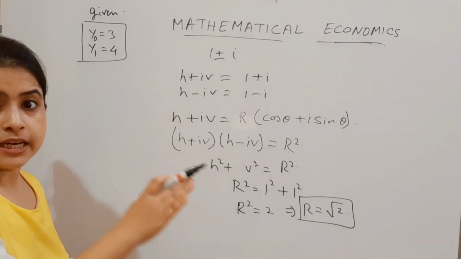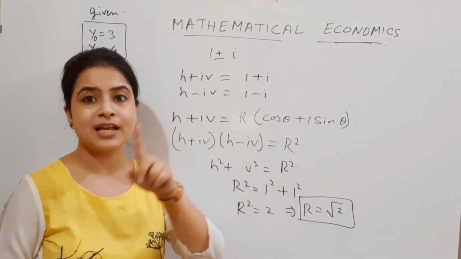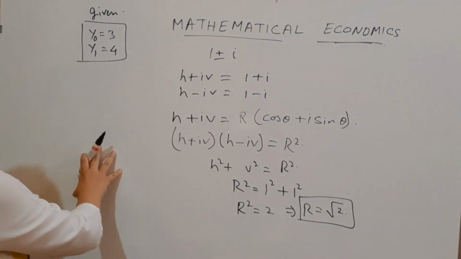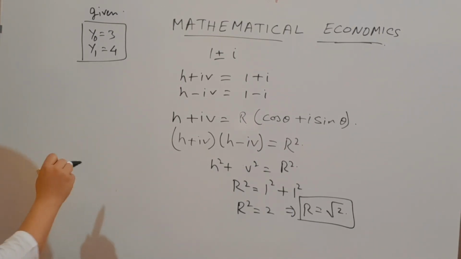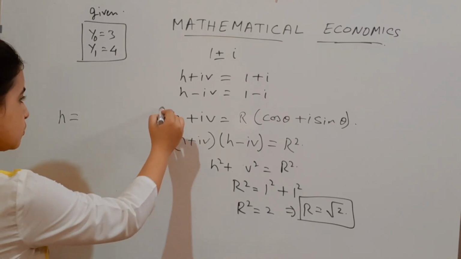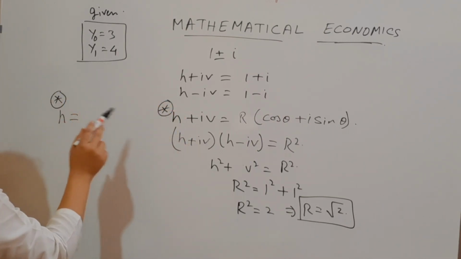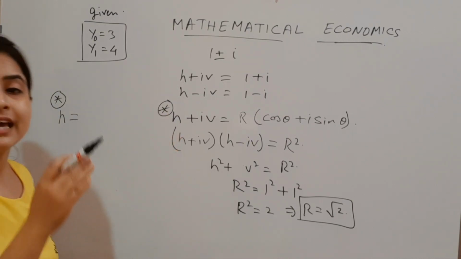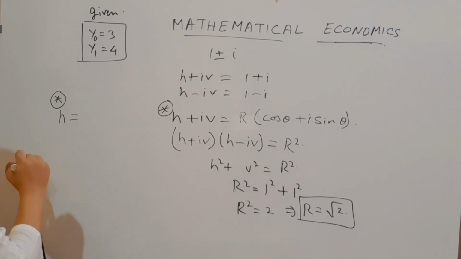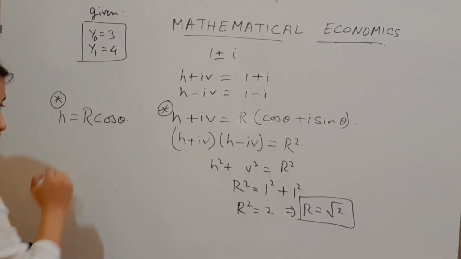Next part. I have already told you that we have to find r as well as theta. Now let's find out theta. I'm going to find it out here. I hope you can see it. Okay. So to find theta, we have another formula. This is one part that you have to remember, and this is another part that you have to remember in order to solve for the imaginary roots of a second order difference equation. So this is h square. h is defined as r into cos theta.